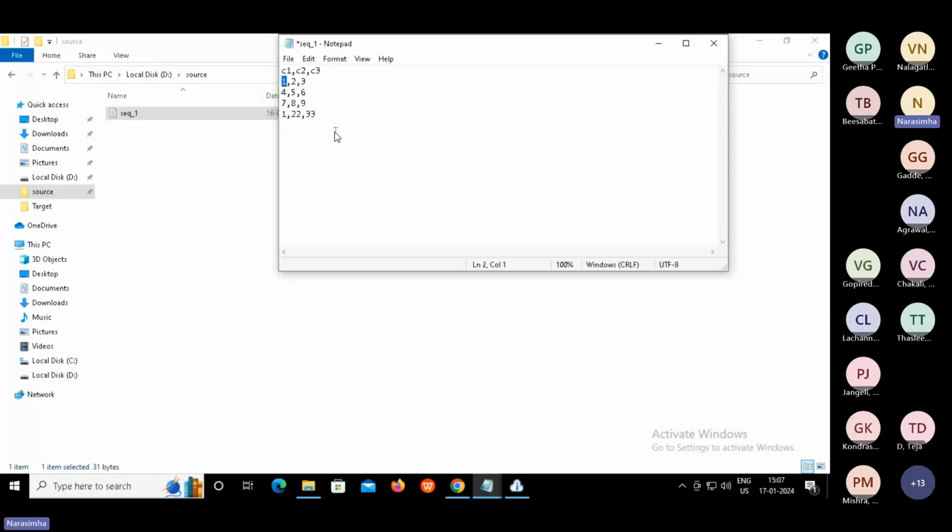So there'll be two records with the same column value, and we should get the count as 2 instead of 1. Let us change it and see the effect of that. After that, save it. Please modify the source file, guys.